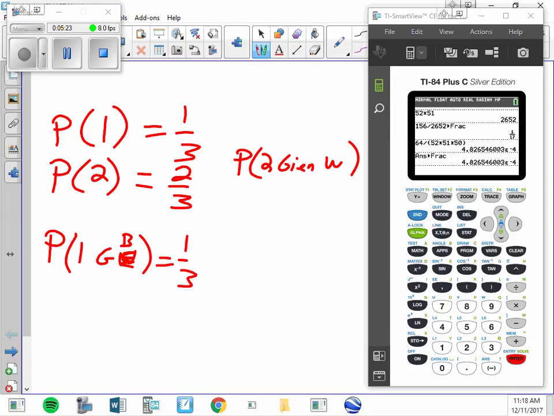Okay. Repeat for the other box. 1-2, 1-3, 1-3, 4-2, 4-3, 4-3. So what's the chance of getting a 1 to start? 1/2. What's the chance of getting a 1 if you know that the second number is a 3? It's 2 out of 4. It's still 1/2. So what's the chance of ending with a 2? Sorry, it's 1/3. The chance of getting a 2 in the second number is 1/3.